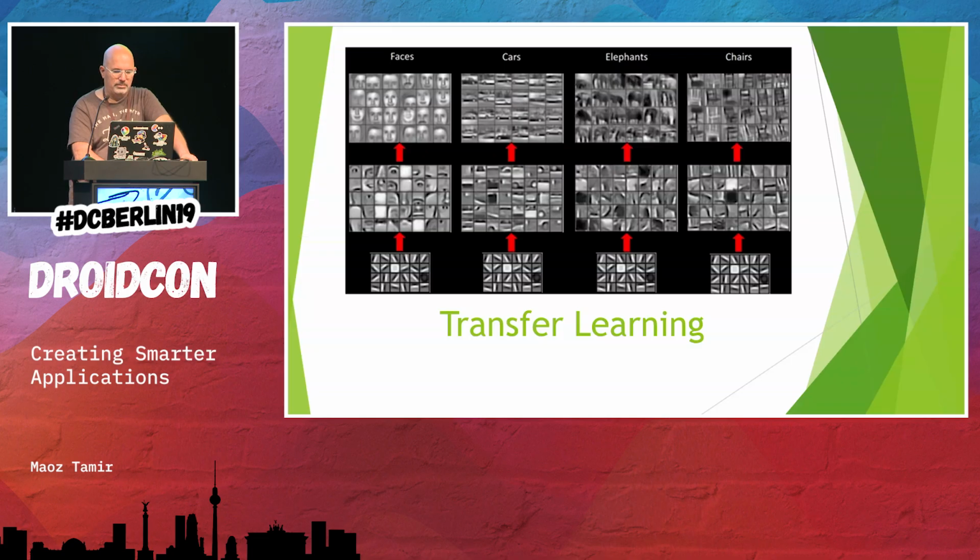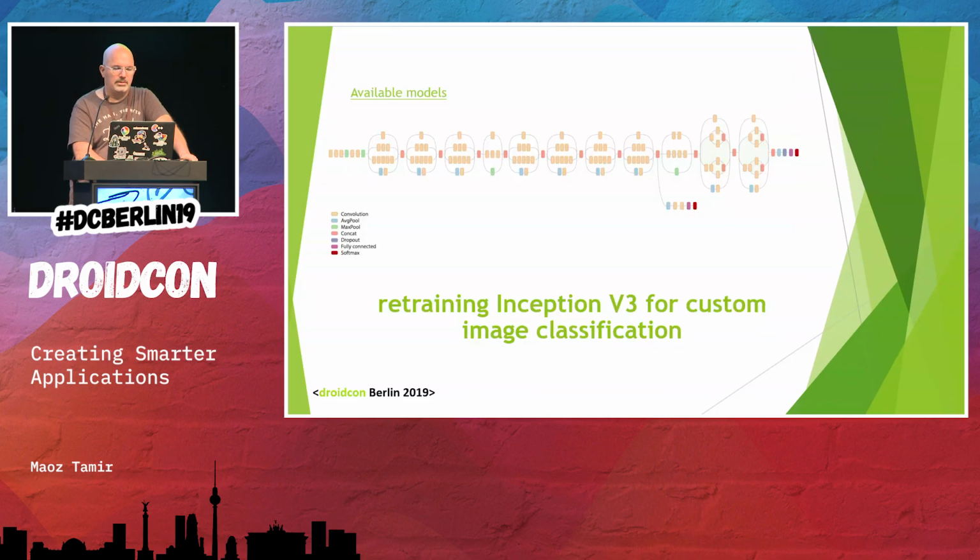So we're going to use this monstrosity, which is an Inception V3 layer. You can use many other networks. It is one of the networks that works pretty good, or one of the models that works pretty good on mobile devices. There are others, and this changes about once a month. There is a new change.